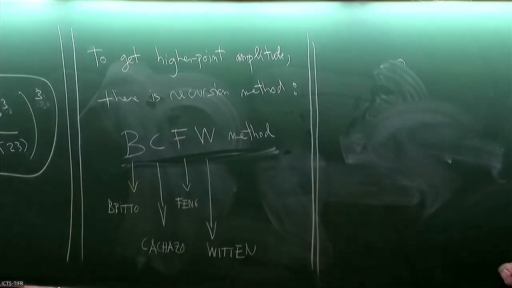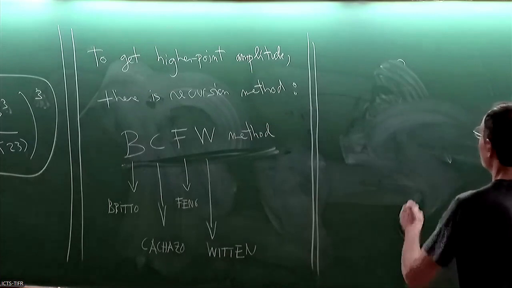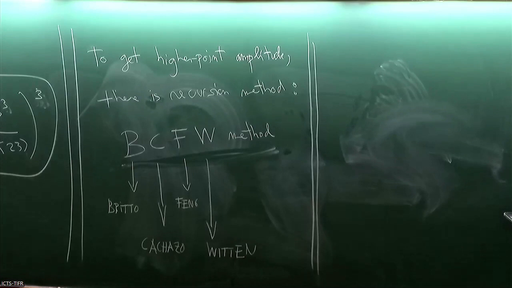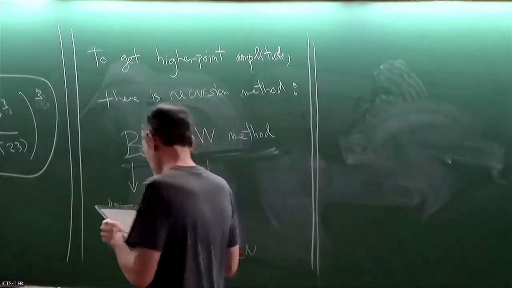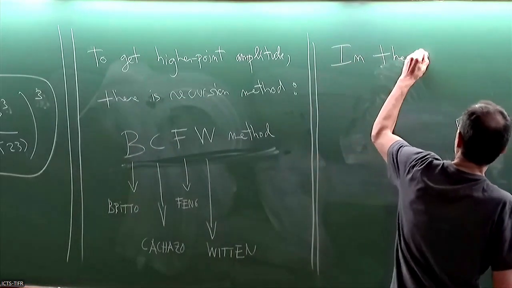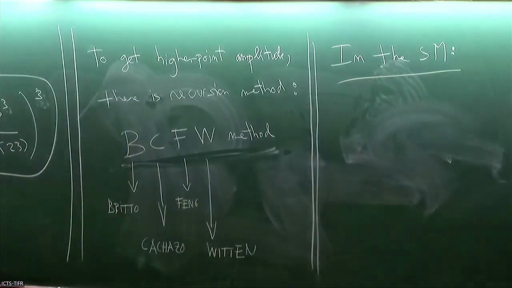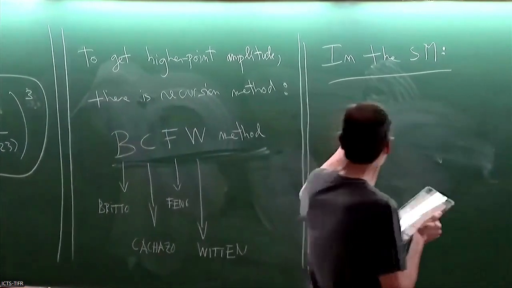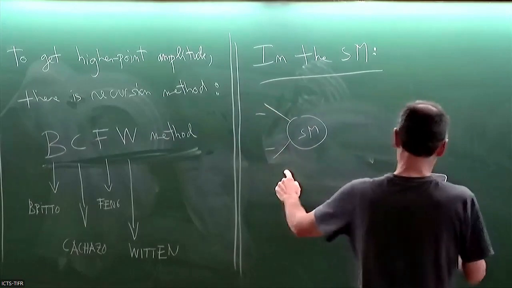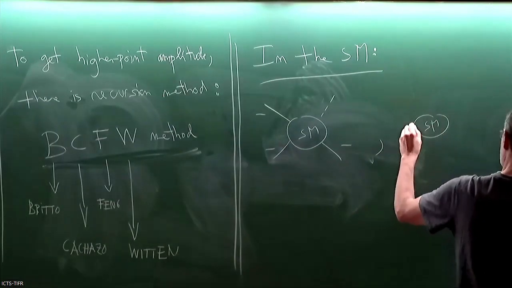Now, if nothing else, let me go back to the standard model, because there is a property I want to mention that's kind of surprising, and it's not clear why. This is valid for any theory like this. If you calculate amplitudes that contain helicities all minus, like this one or this one,